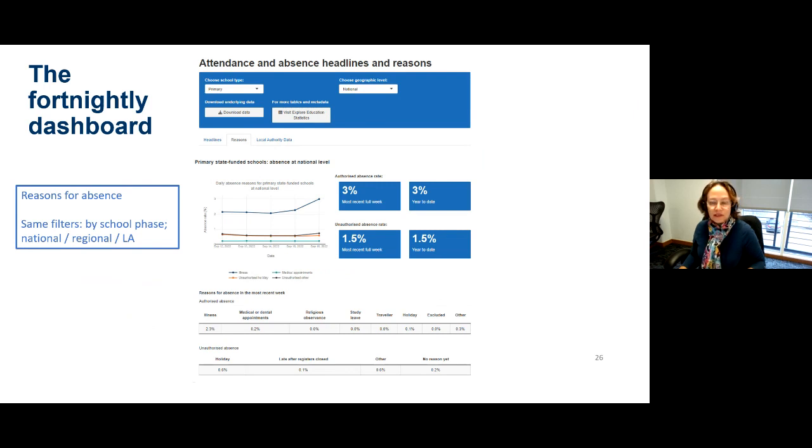What it also does is allow schools to look at what's happening elsewhere in terms of authorised and unauthorised absence and reasons for absence. Schools have told us this is also really helpful to them. They want to know whether their level of authorised and unauthorised absence is higher or lower or similar to other schools.